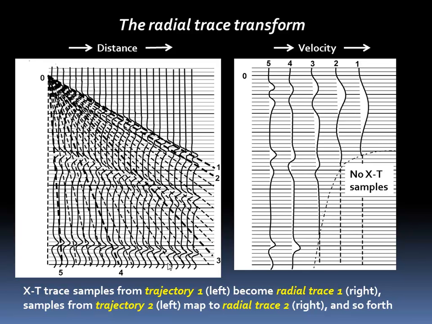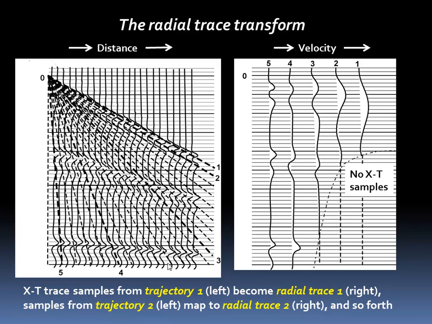This is what the radial trace transform is. It's not an integral transform. It's not the radon transform or the tau p. People make this mistake, but it's not. The radial trace transform is just remapping. You basically remap the samples in the XT domain into samples in the radial trace domain. And the way you do that is by putting a grid or a fan of linear trajectories across the input gather, and along each trajectory you gather samples from the traces or you interpolate between them, and then you post